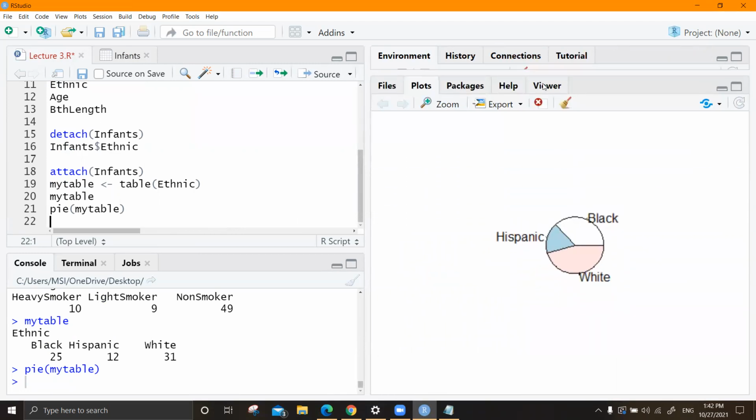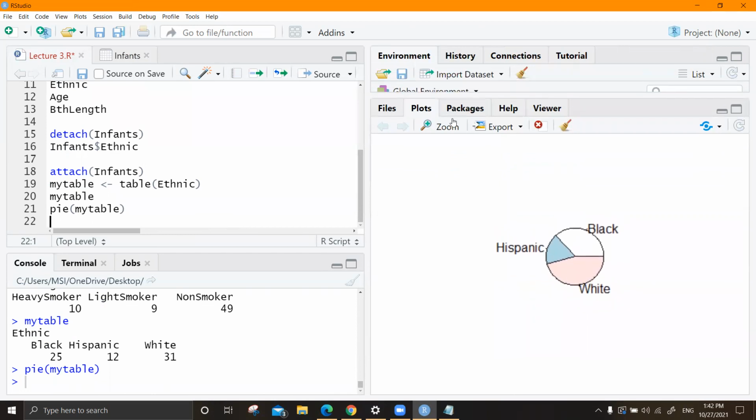So when you give that, under plots, you will see a pie chart. This is the basic way of giving a pie chart, but this is not acceptable. As statistics people, this doesn't say anything. What you can see is there are more whites, more blacks, and very less Hispanic, but you don't know how much. So usually you have to give either counts or percentages of these, right?